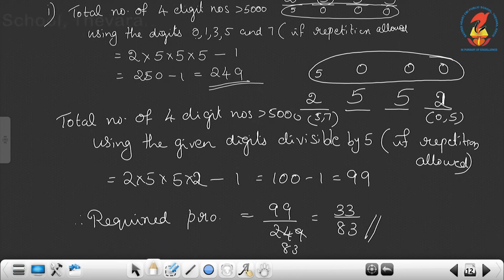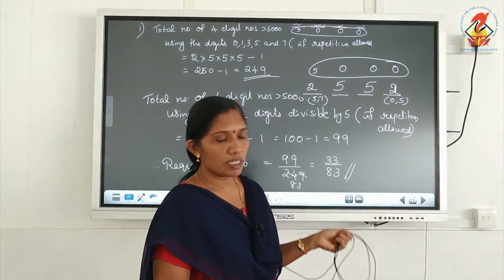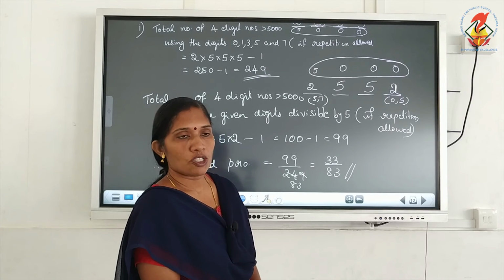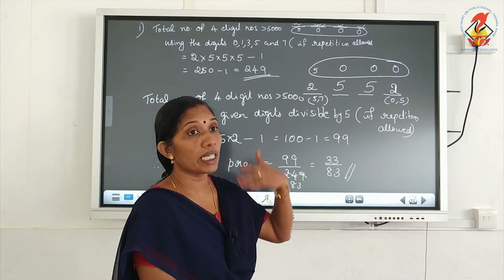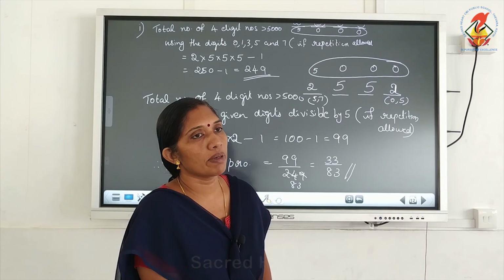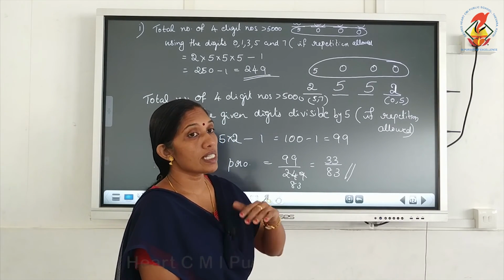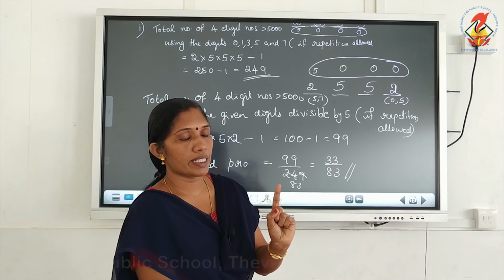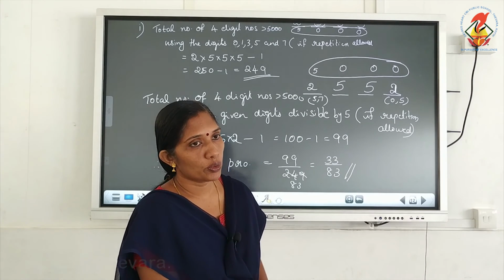So the second case, once again I am explaining. We have to find the number of 4-digit numbers using the given digits, greater than 5000 and divisible by 5. The first place we can use only 5 and 7, since the number must be greater than 5000. The number must be divisible by 5, so the last place is either 5 or 0. So there are also 2 ways. In between, since repetition is allowed in the first subdivision, we can use 5 digits in the second place and 5 digits in the third place. So total 2 into 5 into 5 into 2, that is 100.